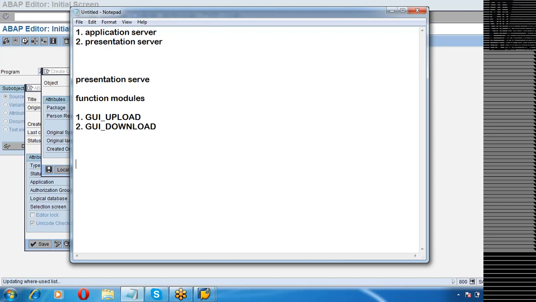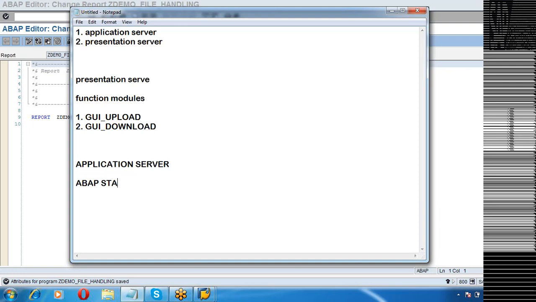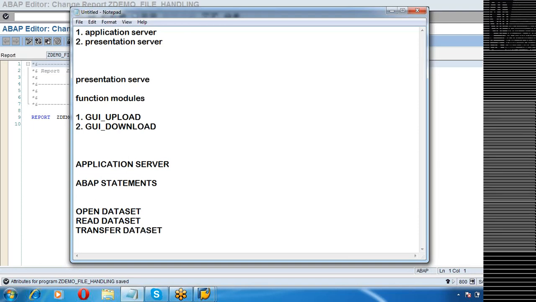When you go in for interacting with files in the application server, we use ABAP statements: OPEN DATASET, READ DATASET, TRANSFER, CLOSE DATASET, all these kinds of statements.